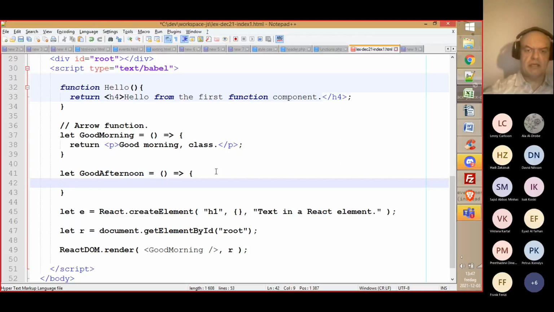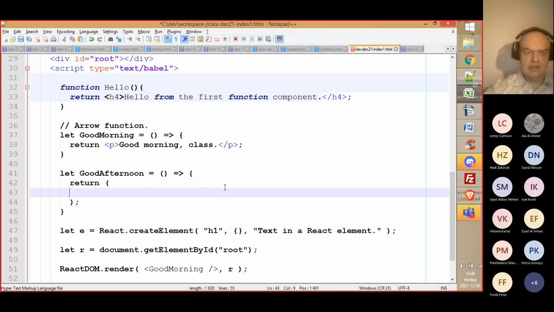Okay, so we have a new component here, and in this case we will say two things. So we will return, and in both these cases we only return one line. But if we want to return more than one line, we have to put parentheses after return. And then the return statement will be able to deal with the